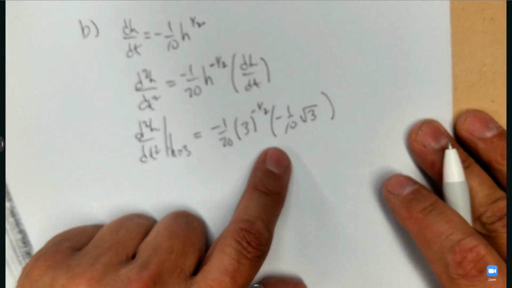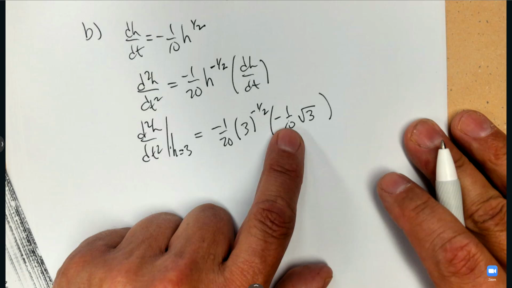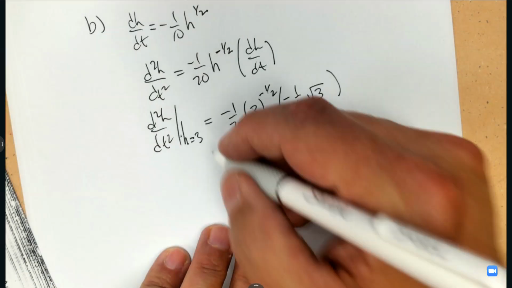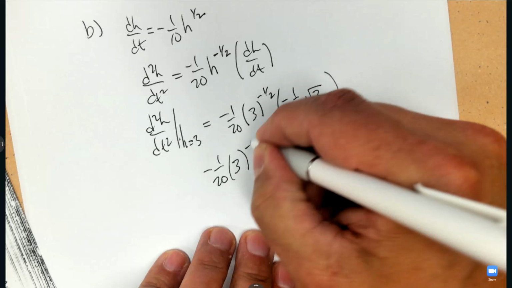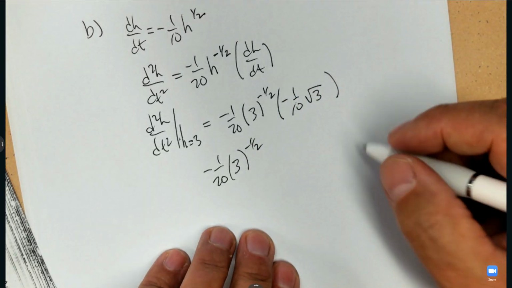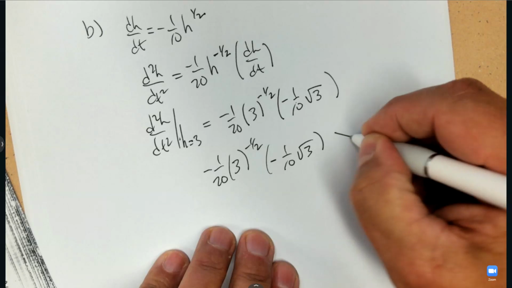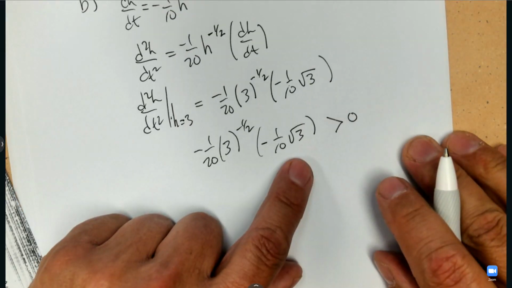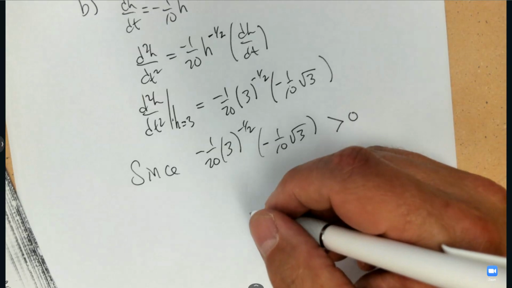I don't have to simplify it too far, but I do recognize a negative times a negative together. That answer, negative 1/20, 3 to that exponent, that's a positive value, negative 1 over 10, so this answer is greater than 0. So since that is greater than 0,